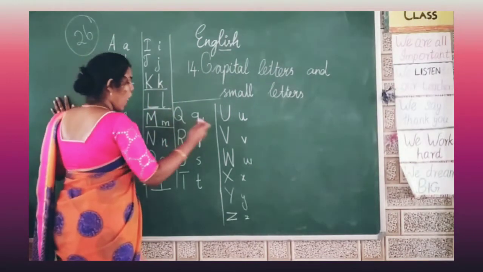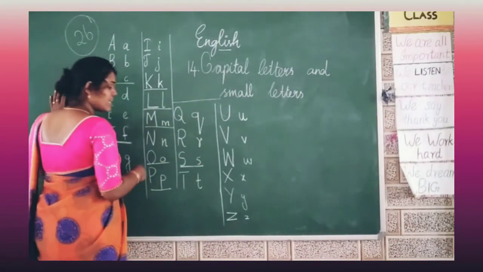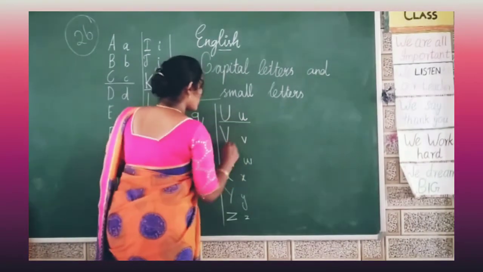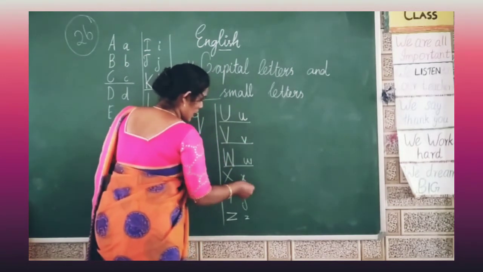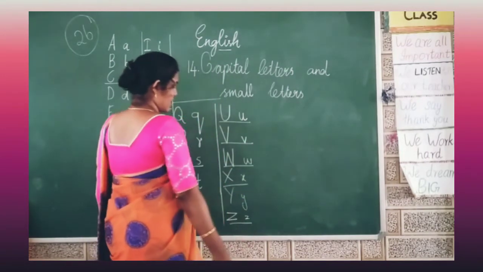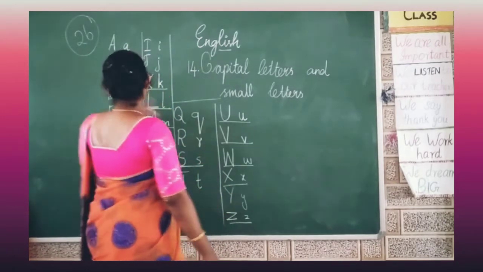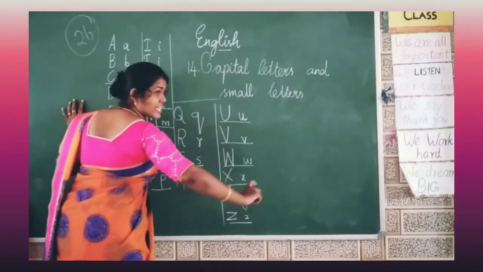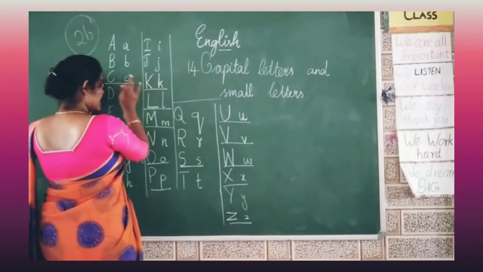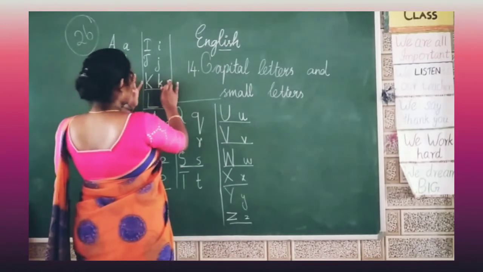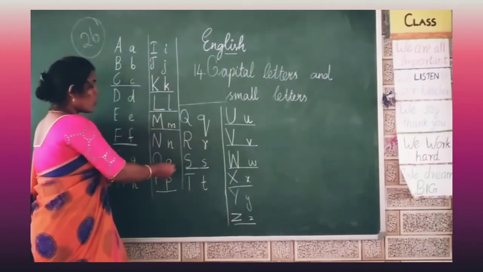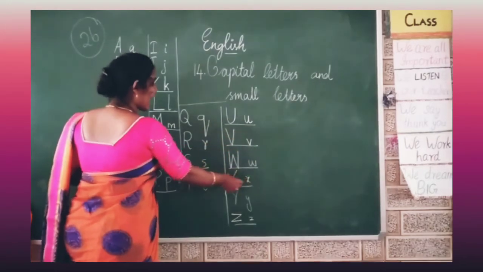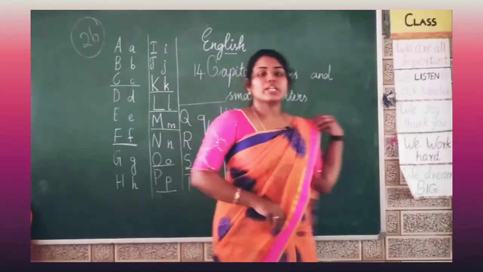Q, it's okay. R, it's okay. Then T. See? Same letters, only size differs. The same goes for U, V, W, X and Z. So here, see, you can see that this is C and this is Z. So you have to be careful about letter C, letter F, letter K, L, M, O, P, S, U, V, W, X and Z. Please write that down in your classwork.